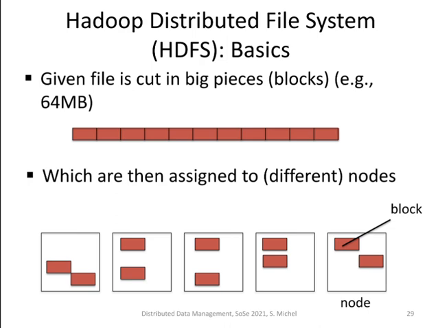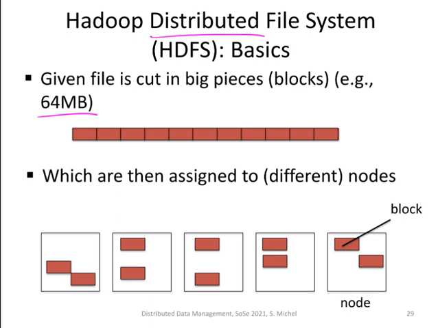First, the Hadoop distributed file system is also modeled after the description provided by Google some years earlier. And I have mentioned already in the very beginning of MapReduce the main concept. So the main concept is, first of all, it's a distributed file system. And the files are cut into big chunks. And these chunks are like, for instance, 64 megabytes big, in contrast to the relatively small block sizes on disk, as we know from database systems courses.